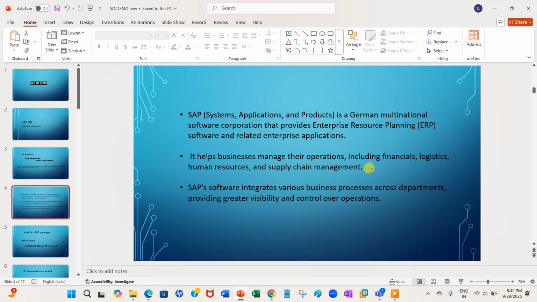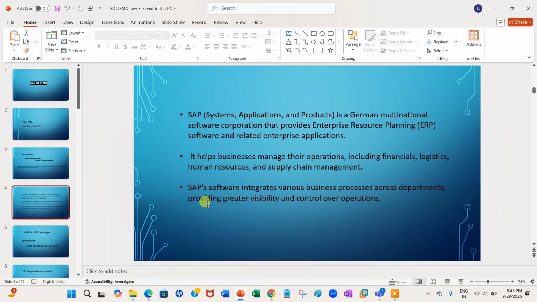Suppose we have a financial department, logistics department, human resource department, supply chain department. We have different departments. The goal is to help businesses manage their operations.